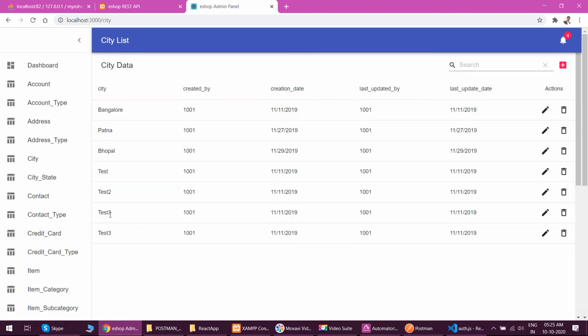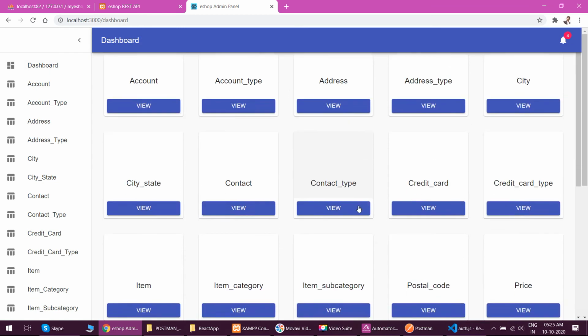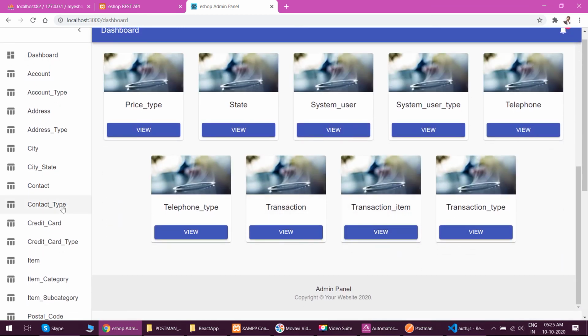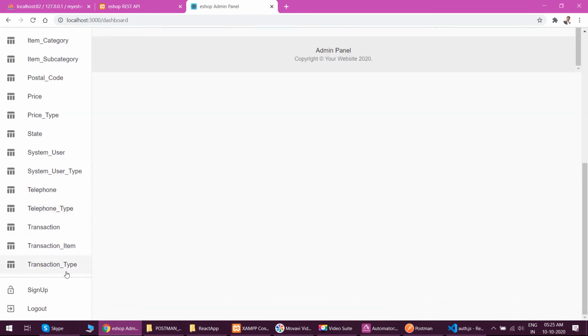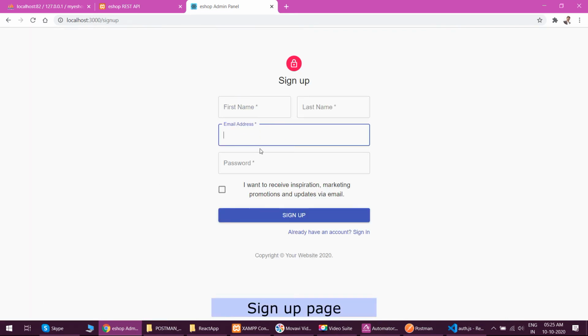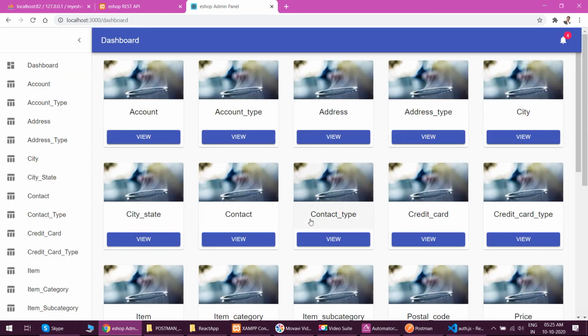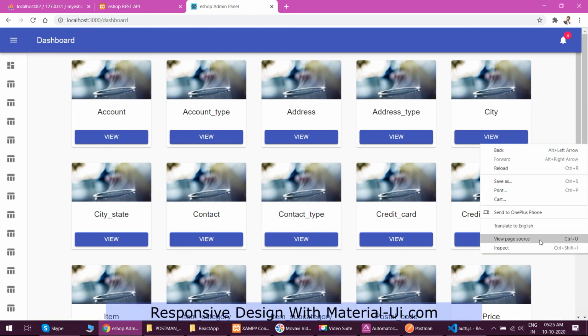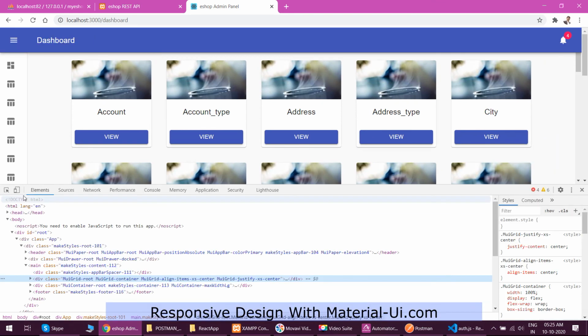So this is the dashboard. You can customize it according to your need. This is the menu item, you can customize it according to your need. This is the registration page. Backend code you need to implement, but all the logic is still in place. You just need to implement your API call there. And let's see if it is responsive or not.